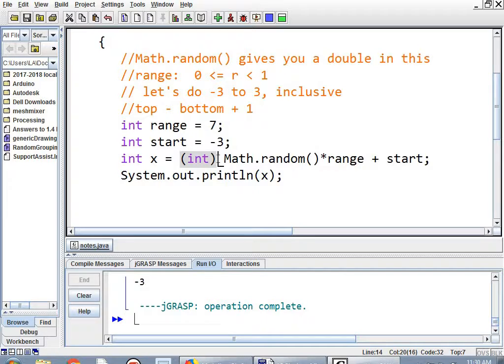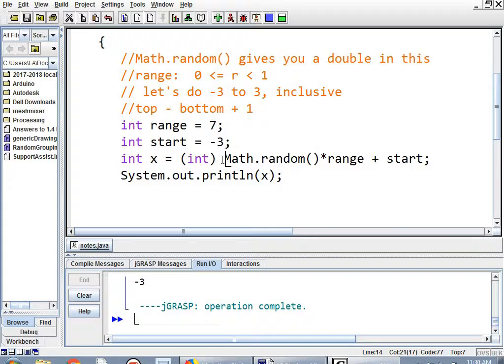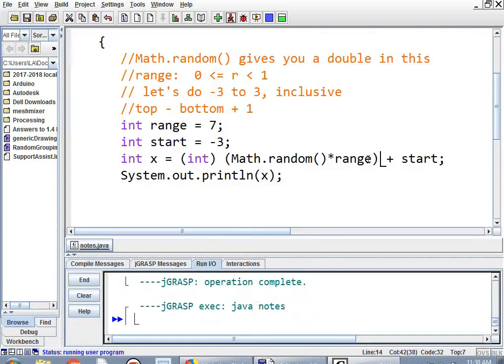This int, because there's no parentheses around this part, the int turns Math.random into 0 every time on this code. Because Math.random is a number from 0 to 0.9999, and the int command says, hey, take whatever's there and make it an int, so it becomes 0. So then in this expression, it's 0 times the range every time, which is always 0, and then it just subtracts 3. And to fix that, the best way I've found to do it is just to put parentheses around this multiplication part. And then you'll get your expected behavior. Okay, that's that for